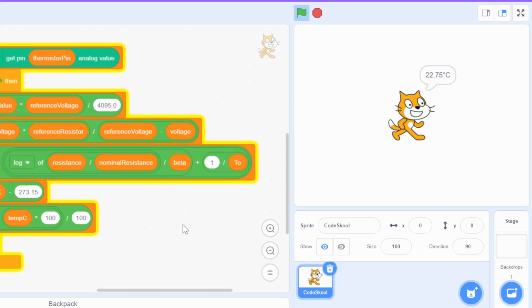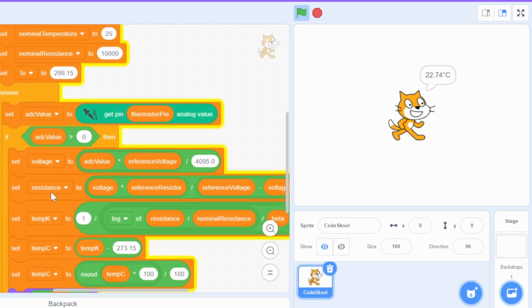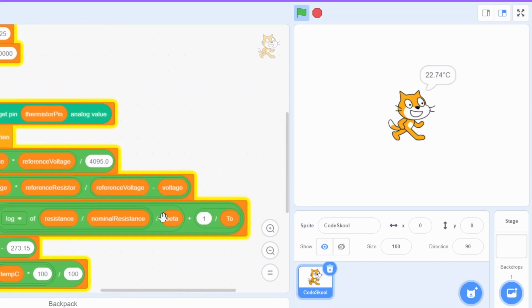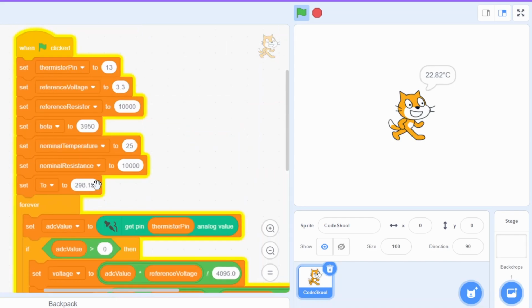divided by beta, which is 3950. So this resistance we use here with the nominal resistance to get the log, then divide that by this beta, and then plus 1 by T0. T0 is your 298.15